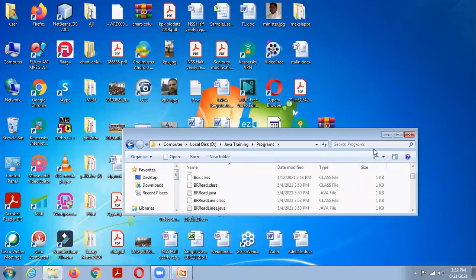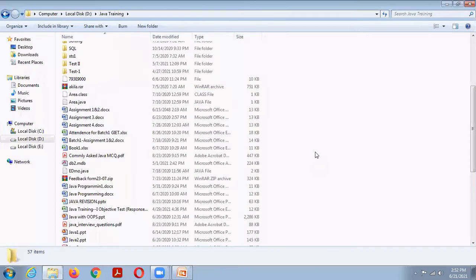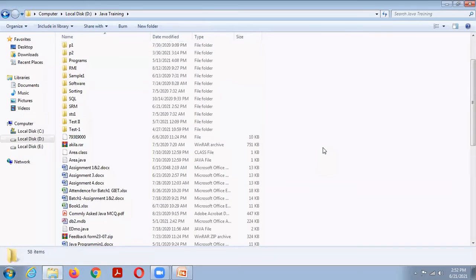I'm going to create one folder in D:\Java training. I create one folder, SRM.